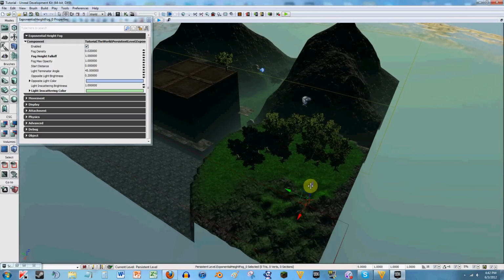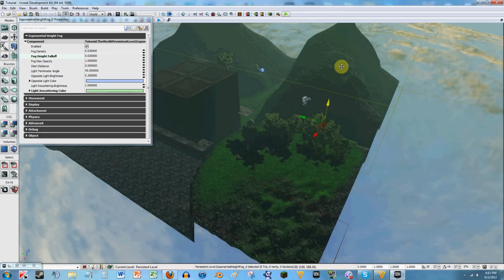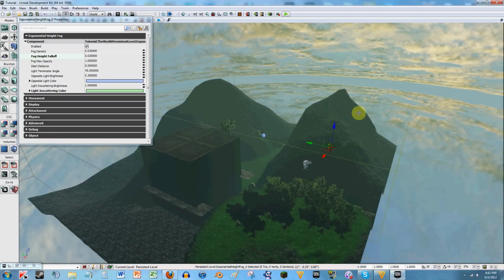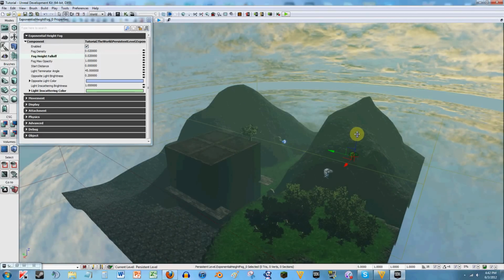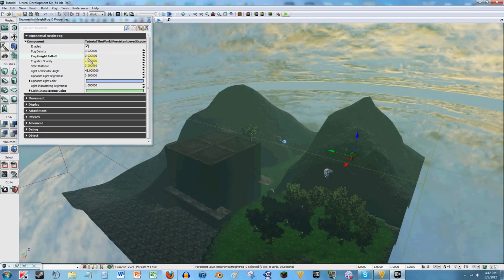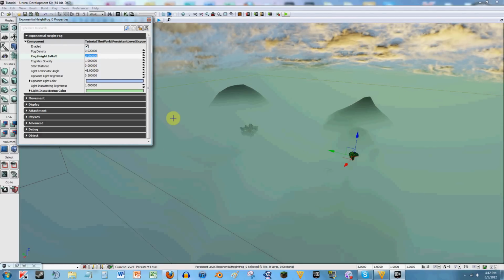Now you can always, like I was saying, turn not the fog density, but the fog height falloff down to compensate for the fact that you want to have it really high up. So you could have it higher up and it would work. Notice whenever I did that, let me do that again. Let me set this down to 1. Now you have this fog, and then I set it down to like 2. It's thicker. Now if I do 0.02,